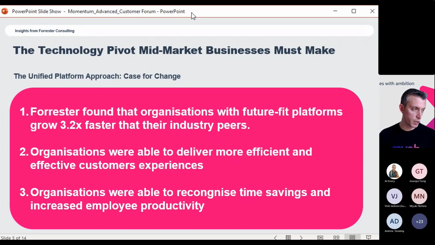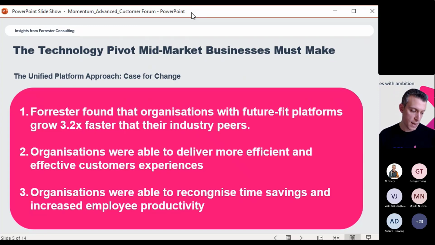As you think about your Advanced solution and the other solutions that exist inside your business, a future fit platform talks to the need to have systems connected. If you have multiple cloud solutions that are not integrated and don't talk to each other, that still doesn't classify as a unified platform. So the more of your systems that are connected and communicating, the more likely you are able to achieve that 3.2 times faster growth.